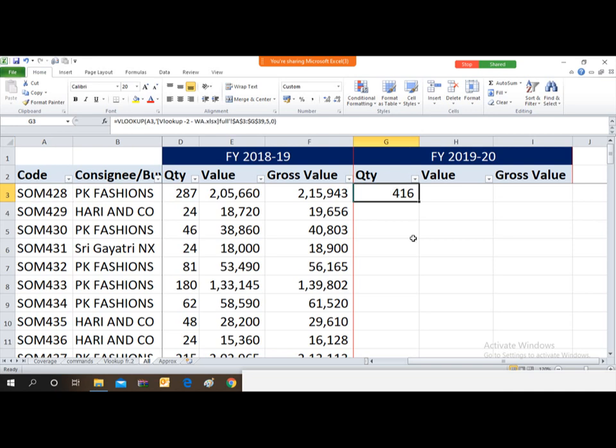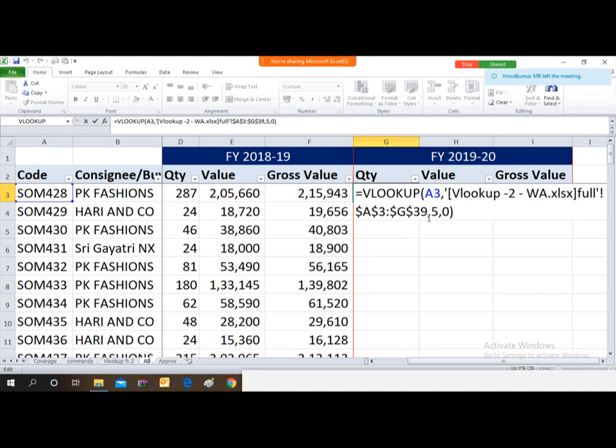So now I have just typed the formula once. The idea is to repeat this formula at each and every place. So how can you repeat it? For repeating it, I need to freeze the value, freeze the logical value. So the value over here is A3, against which I am deriving the data from that file. So A3 you have to freeze. How can you freeze this?